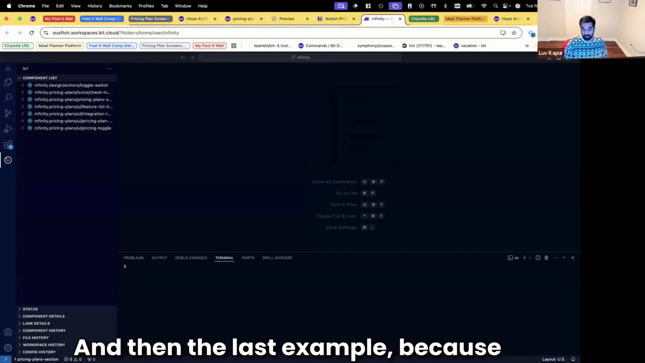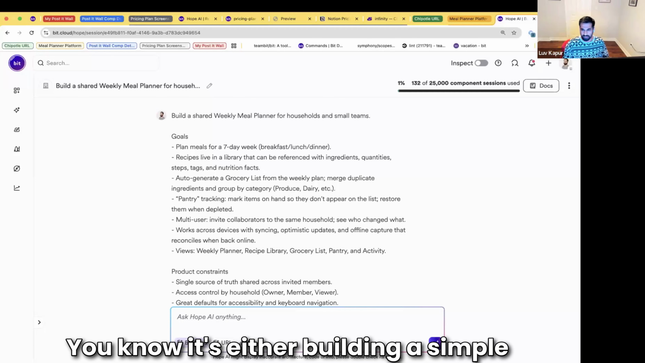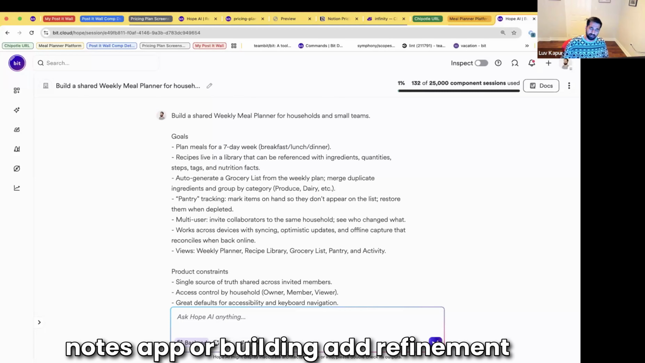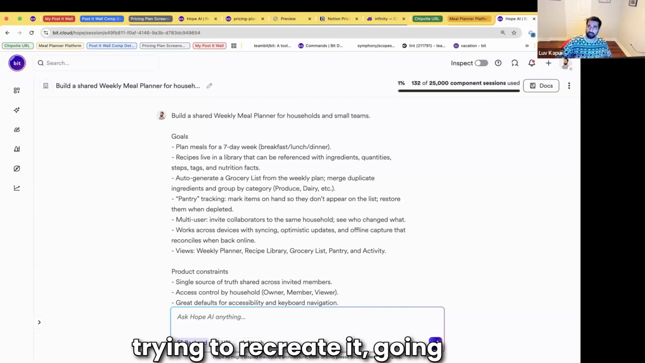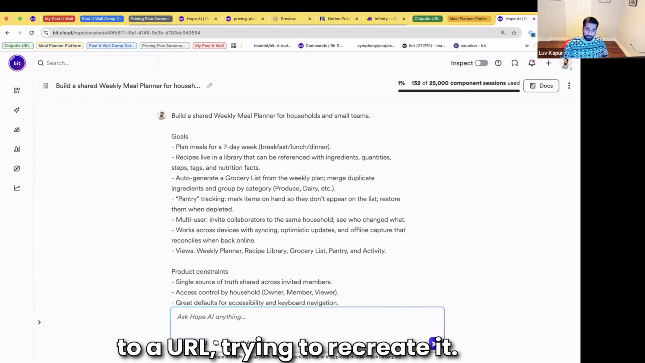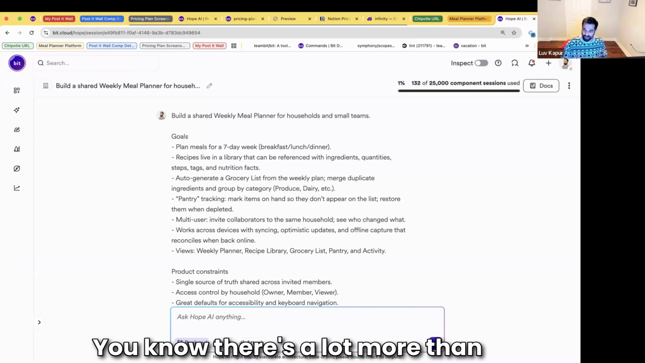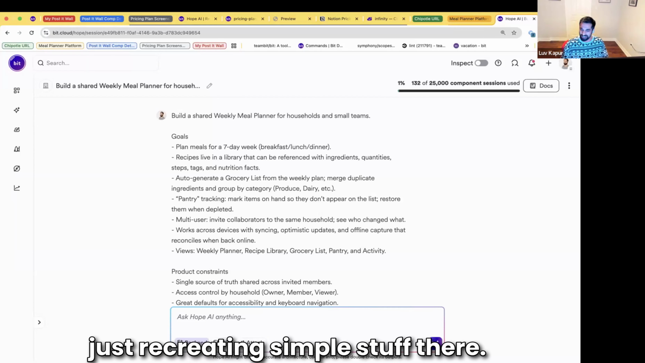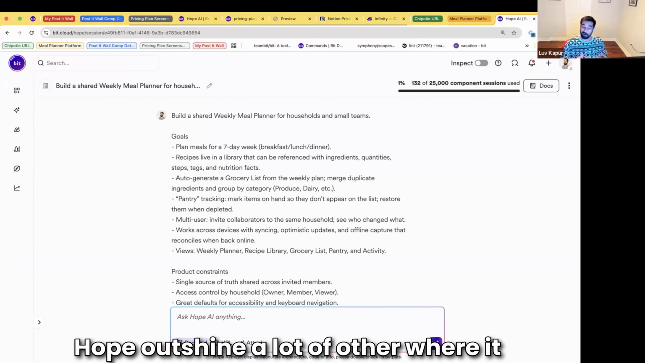And then the last example, because all these examples have been very, very simple so far. It's either building a simple Notes app or adding refinement to a Notes app, taking a screenshot, trying to recreate it, going to a URL, trying to recreate it. But production-grade applications are a completely different beast. There's a lot more than just recreating simple stuff there. So this is where Hope shines, and the capabilities of Hope outshine a lot of other LLMs, where it can